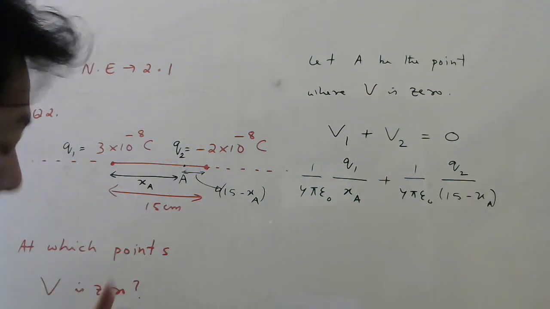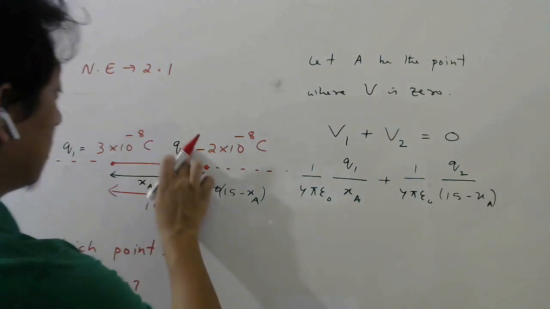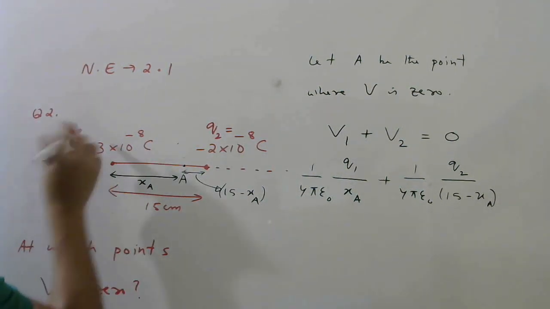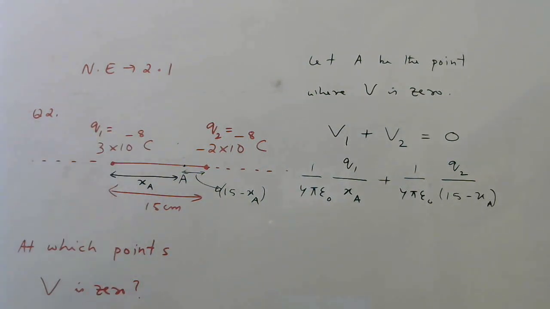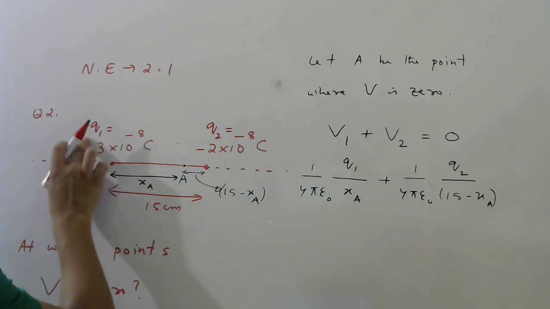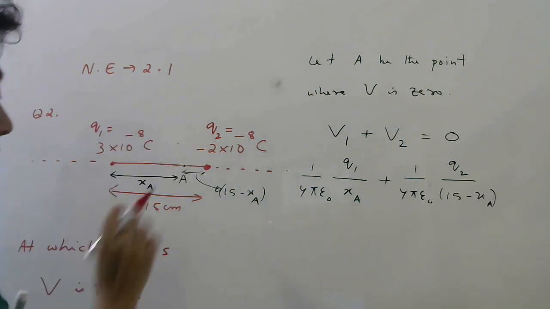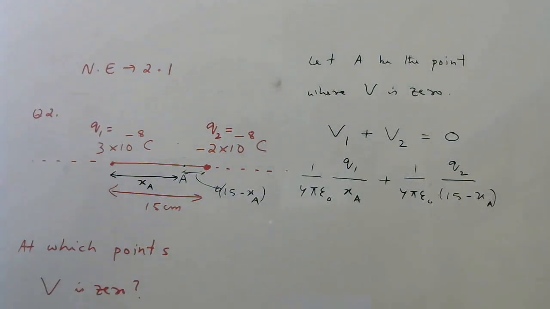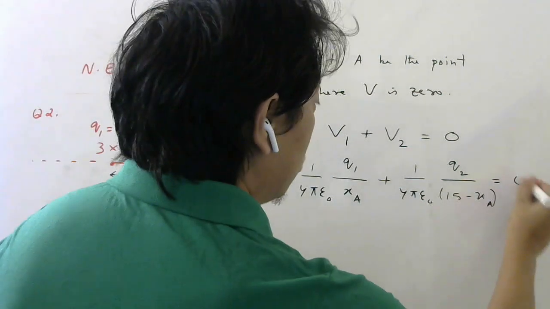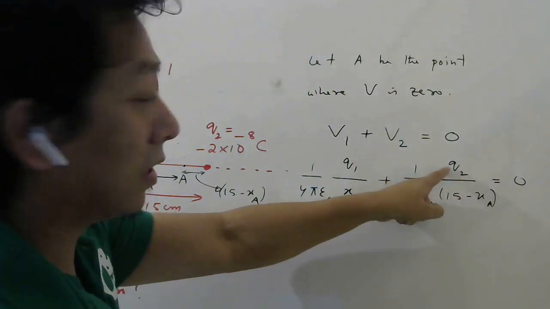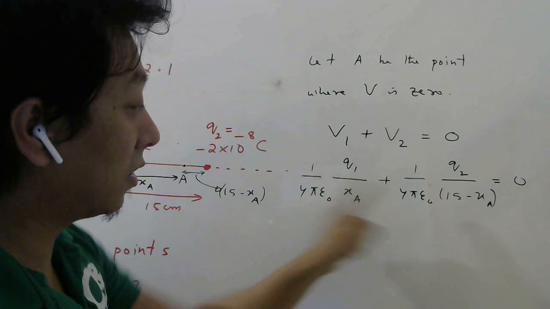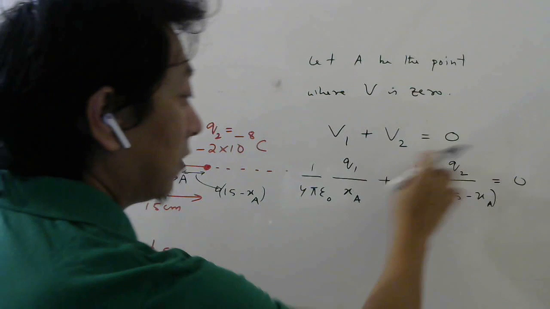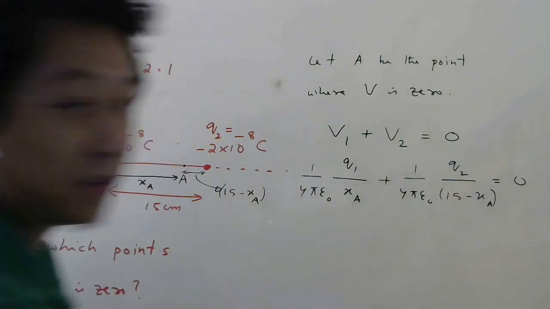This is your Q2, okay? So this is, let me write it here, otherwise you will get confused. So this is Q2 and this is Q1. These are the charges which they gave in the question. So this point represents charge Q1, this point represents charge Q2. This is the observation point where they want potential to be 0. Correct? Okay. Now, how can these two add and give 0? Only if this is negative. If both are positive, if both are negative, how can it be 0? 2 plus 3 cannot be 0. Yes or no? So if one is positive, other must be negative. Then only when you add, you can get 0.